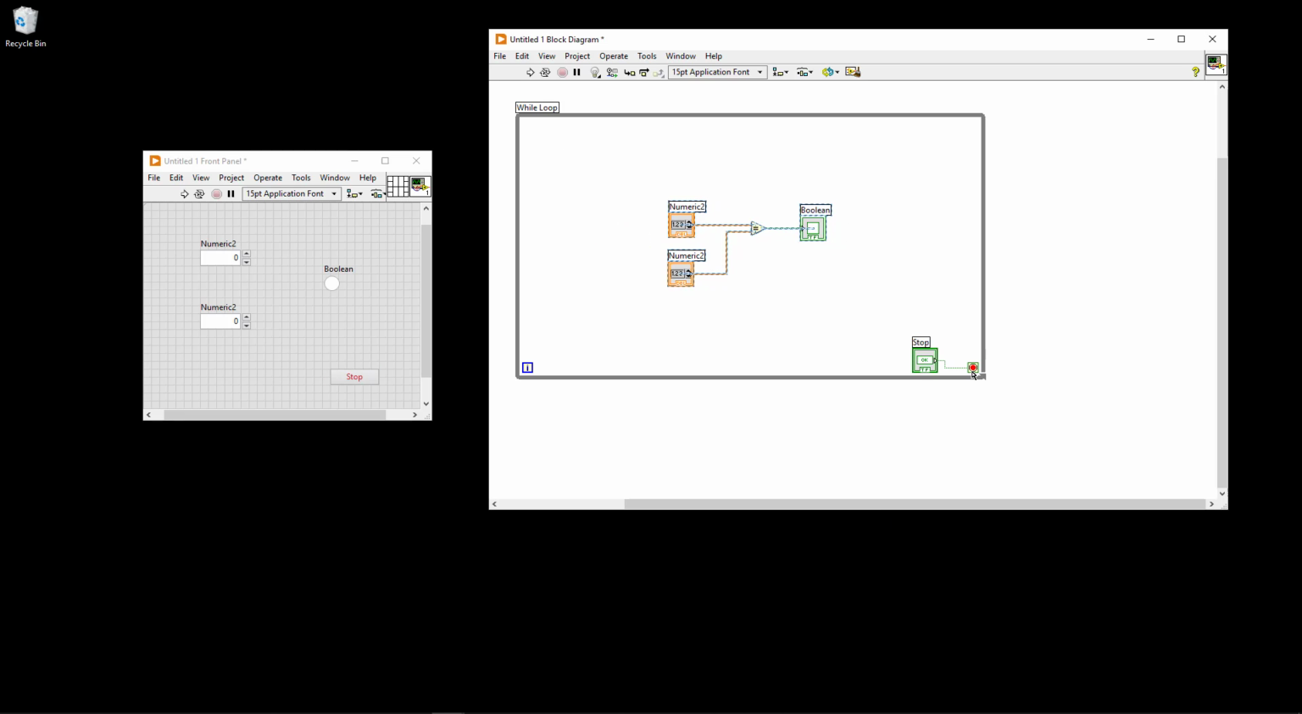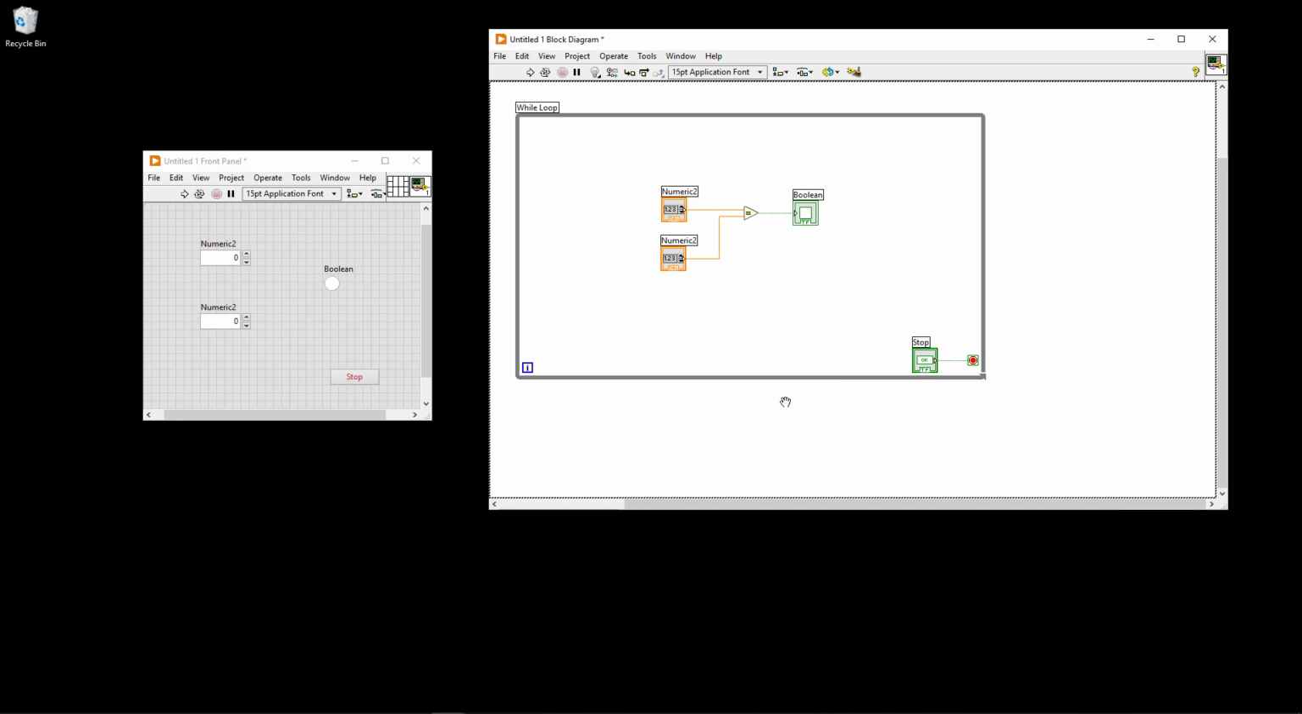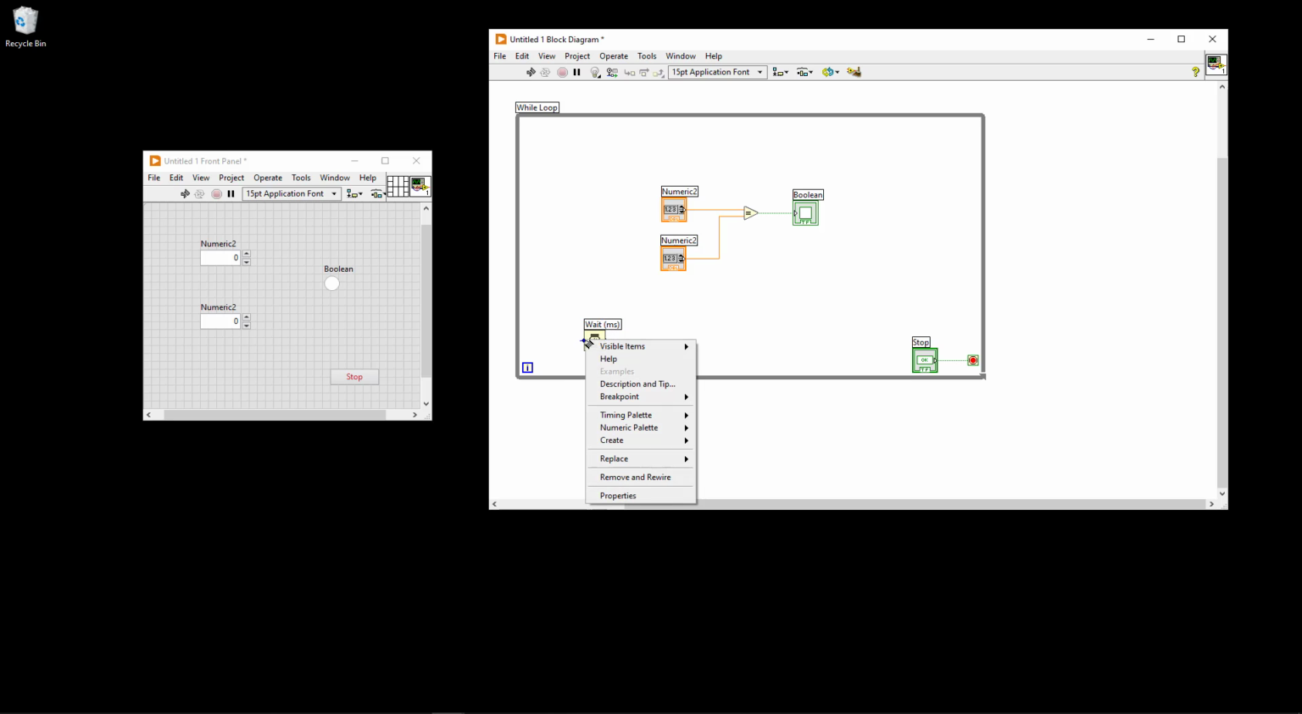In addition, you need this timer or wait symbol as a function. I'll just right click here once more, find the timing, and then here you have different timing functions that you can use. I prefer this one, wait in milliseconds. You can also right click on it, visible items, label, and the name is wait in millisecond. And then I can just on the input right click, create a constant,